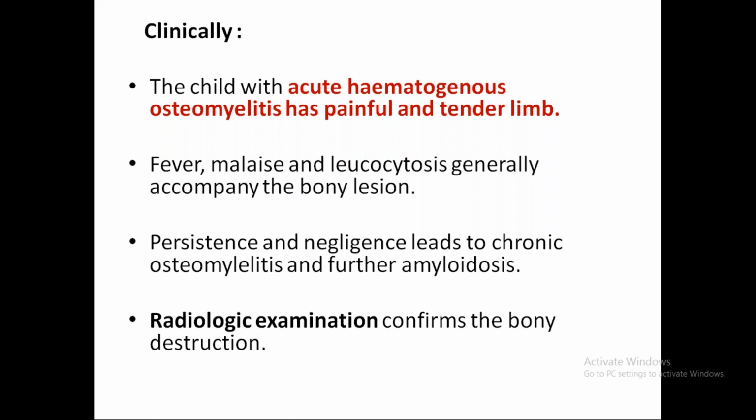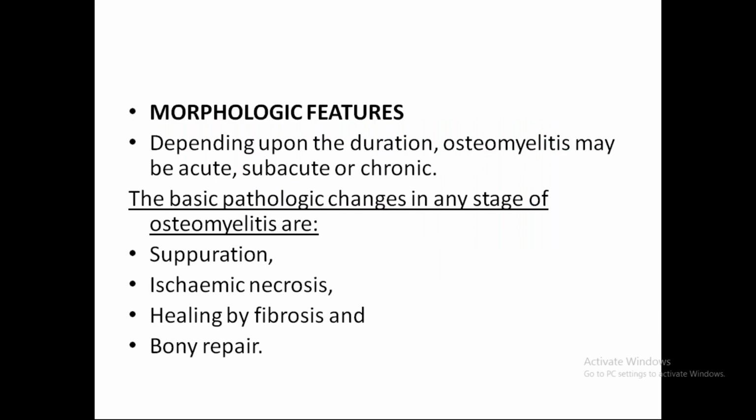Radiological examination confirms the bony destruction. Depending upon the duration of involvement, it can be acute, subacute, or chronic. And based on the pathological changes, the type of inflammatory cell present, you can find suppurative inflammation, ischemic necrosis, followed by healing by fibrosis and bony